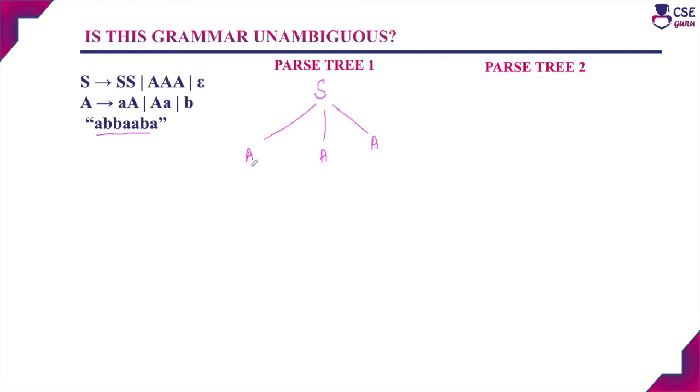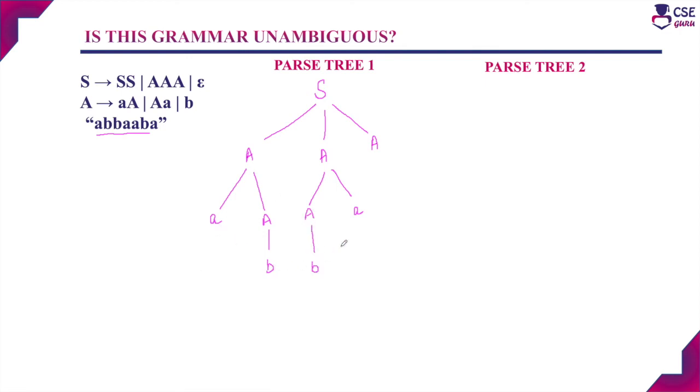So next, for this non-terminal A, we will apply the production rule, and we need to get A in the input string. So we will apply the production rule A derives AA. Next, we need to get B. So for this non-terminal A, we will apply the production rule A derives B. For the next non-terminal, we need to apply the production rule. And next, we need to get B. And next we need to get A. So we will apply the production rule A derives AA. Since we need to get B here, we will apply the production rule A derives B.